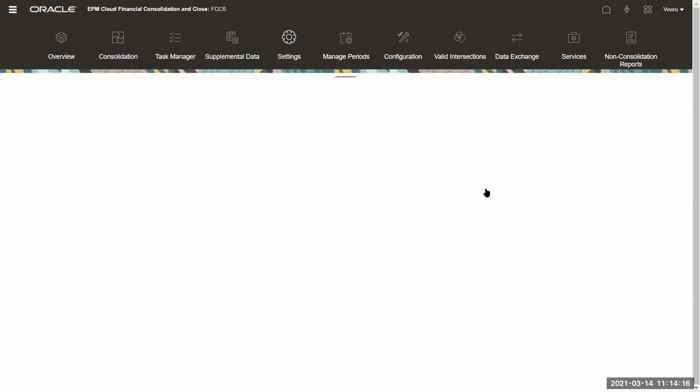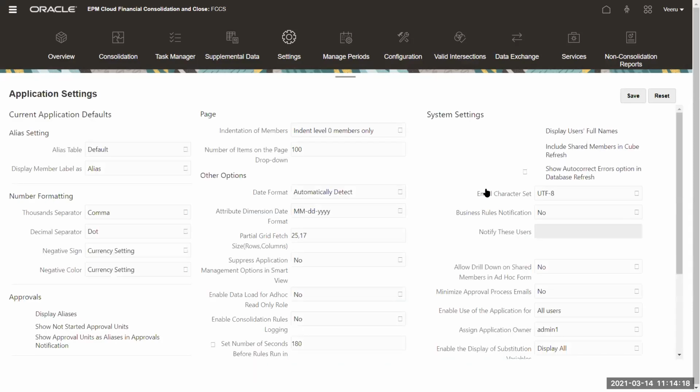So whatever settings you do in this screen, it will take a little bit of time to open it up, are at an application level. So based on the business functionality or business need, you need to set up these one-time settings, and then you don't change them, because this is at an application level, right?